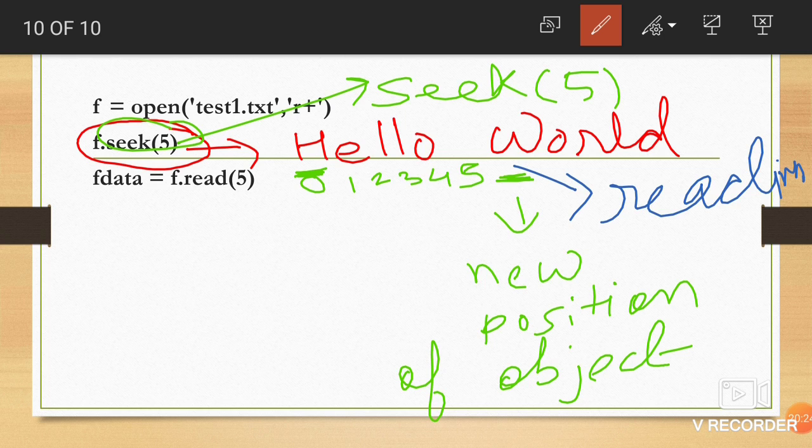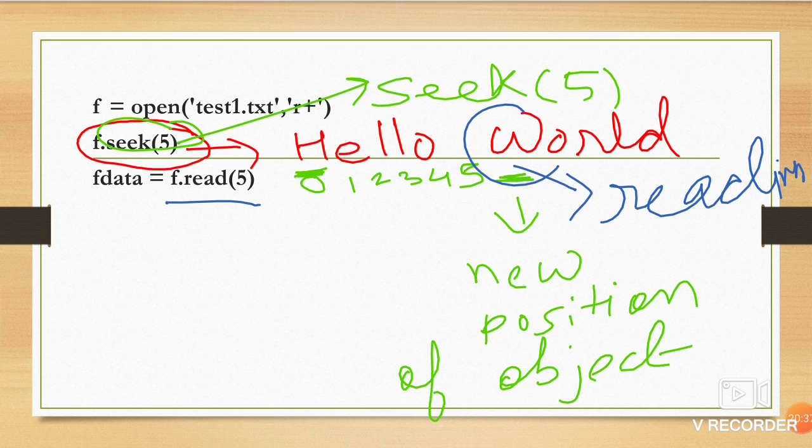Okay, so f.read(5), f.read with 5 in the bracket, will read the next 5 bytes, meaning it will read from W. So print fdata. Now it has the next 5 bytes, meaning it has now world.